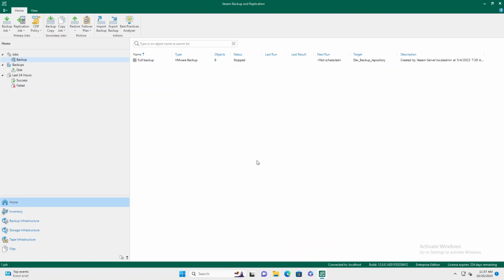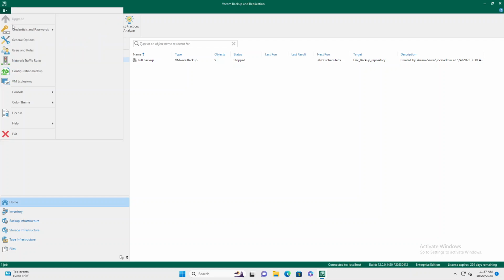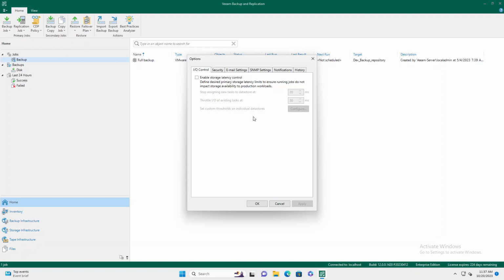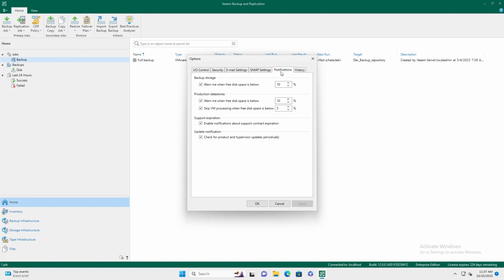So once you're logged into your Veeam console, if you click on the little hamburger menu and go to General Options. Once you're in here, you'll see there's a tab for notifications. And in here are a couple different warning levels that you can alter. So one of the good options here is to leave them on default or even increase them depending on your